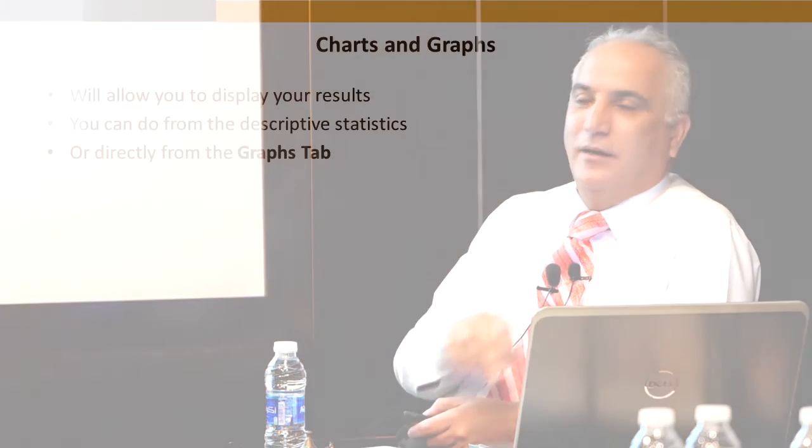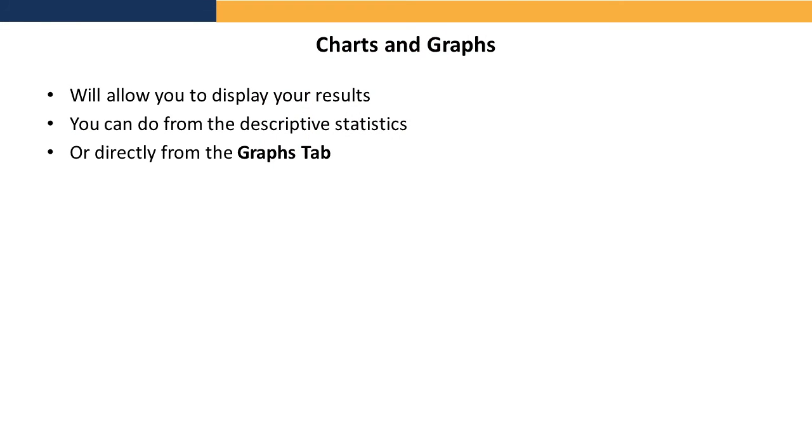Now, if you have a reliability of, let's say, 0.7, and you want to improve it, SPSS will tell you which question you need to remove so your reliability becomes higher. You do a graph, I'll show you, correlation,